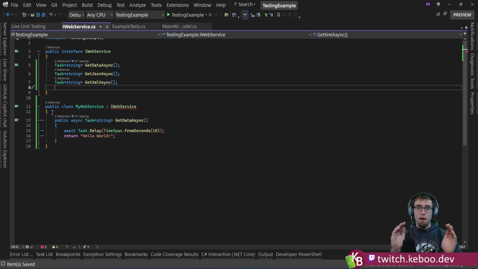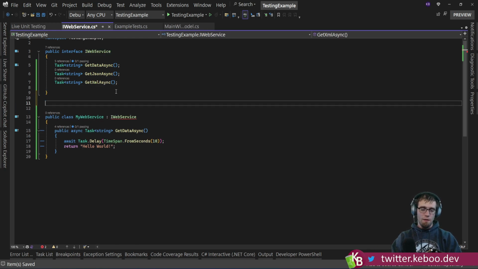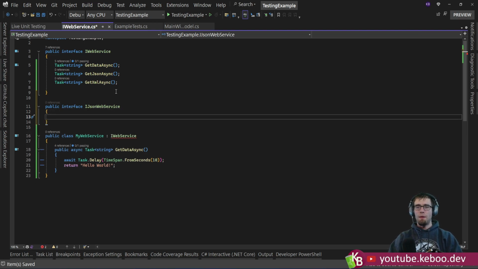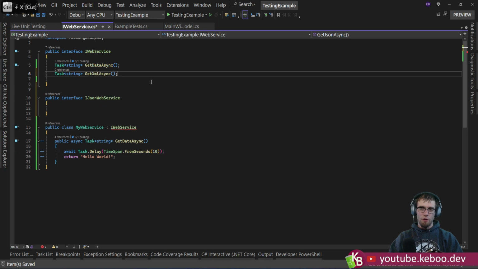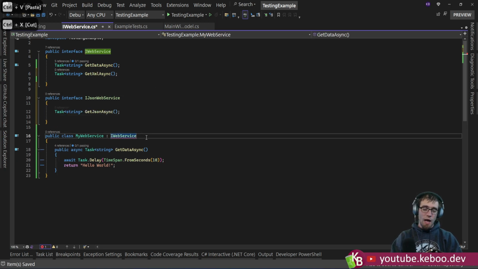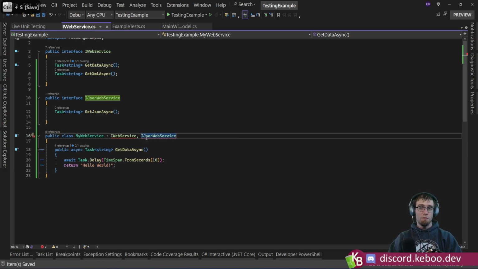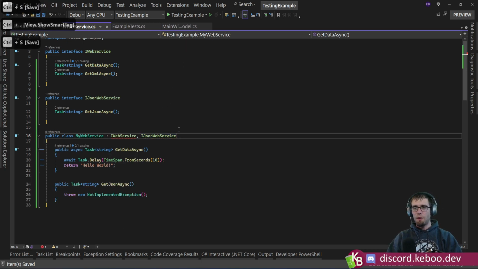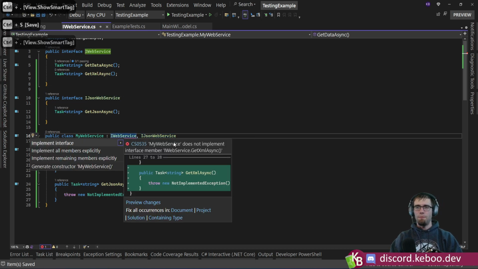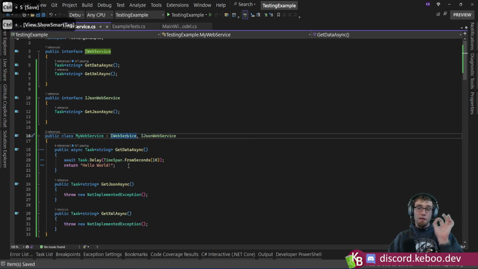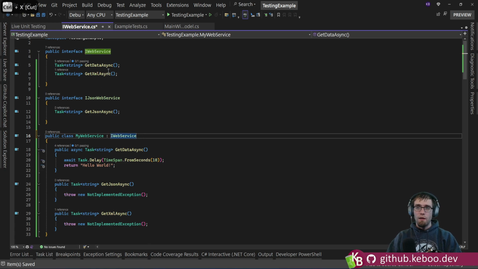And being able to separate what bit of functionality should go in interface A, what bit of functionality should go in interface B, because my web service, like we could have a public interface, JSON web service, right? That maybe has some bit of different logic, and we start separating these things up, and there's nothing stopping me from doing this, right? And saying, okay, here's what we're going to do. Implement interface, right? Implement interface, right? So I could do it this way, but I could also do it this way,